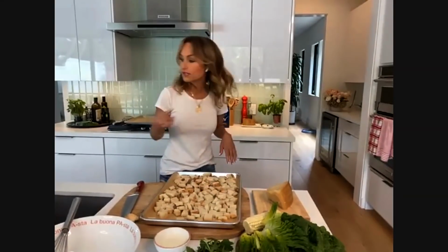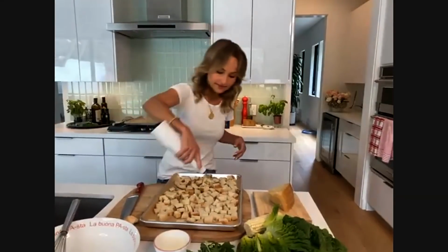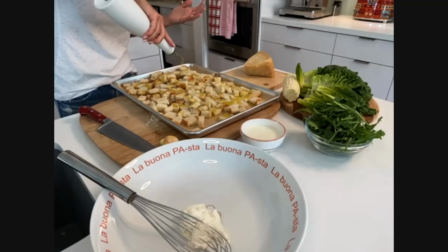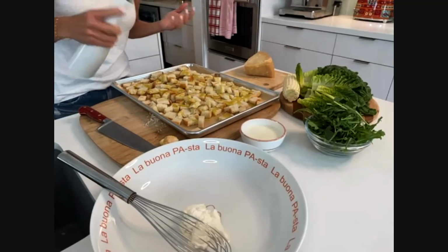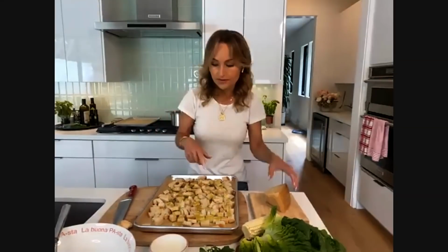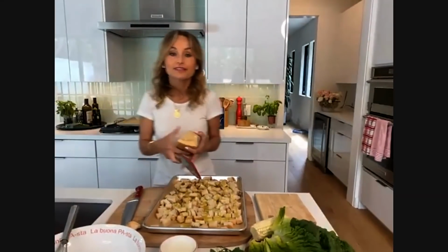So what we're going to do is add olive oil just all over them, just to give them a golden tan. So think about this like going to the beach. You put a little bit of suntan lotion, or you can put some sunscreen. Well, this is kind of the same thing. This is going to make them nice and golden brown. Then we put about